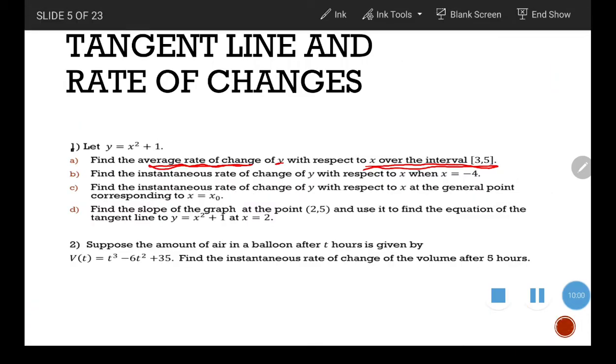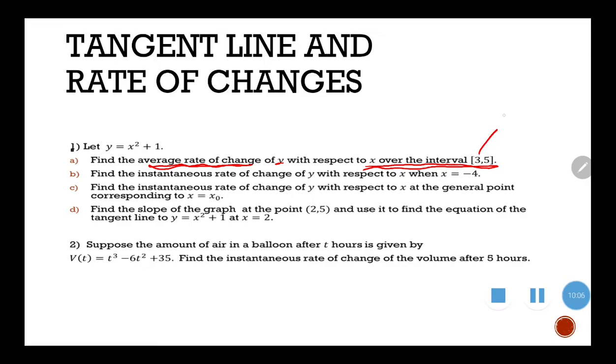Okay, the interval 3 to 5 is the domain of x. The value of y that you must find is in the domain of x between 3 and 5. That's what it means by the interval. You must find the value of y between x values 3 to 5. Okay, so first